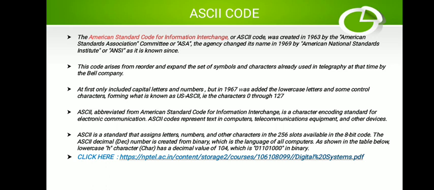Now why is this done? Because we know a machine only understands logic 1 and logic 0. Followed? It doesn't understand hex values, nor decimal.